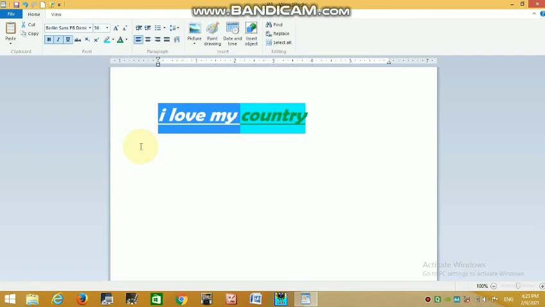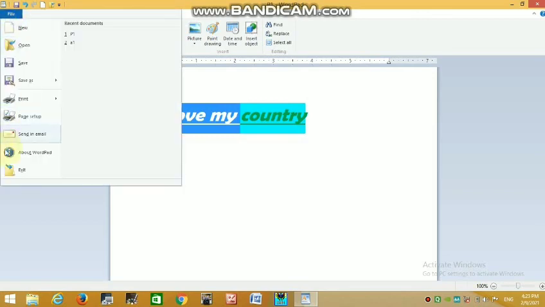Next and last command is Exit. How to exit from your program? File menu and Exit.